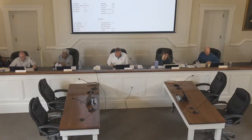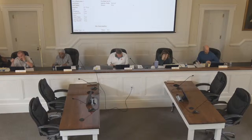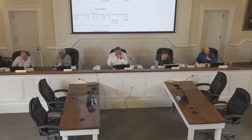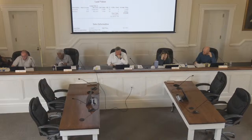1893. Whew. 1526 square feet, so it's a lot smaller. Two bedrooms, 1.5 bath. Ours is four bedrooms, three baths. Right, so theirs probably only went up 24% because they've got almost 10 acres. So their land is a much higher percentage of the value. The home site's the same value, but they've got a lot more open land, and their house is smaller, so it's probably not too far off in terms of,